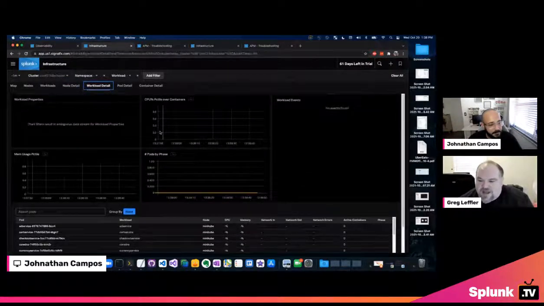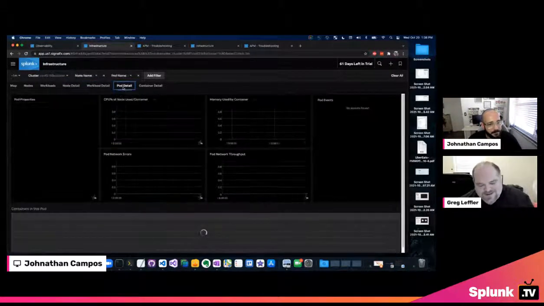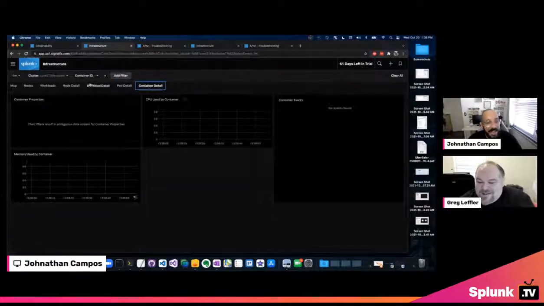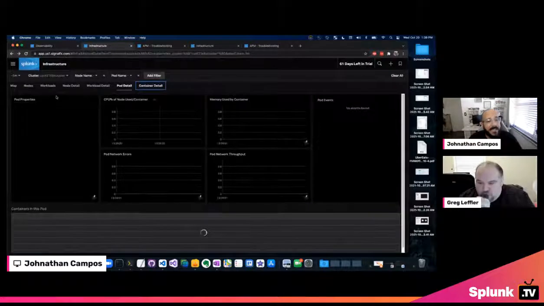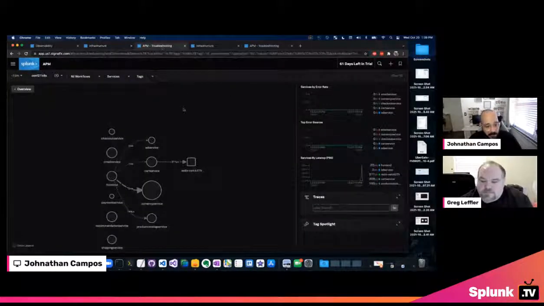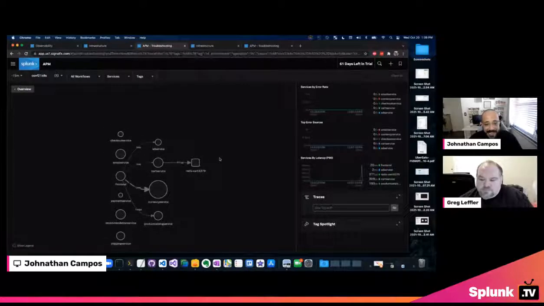If you're choosing to adopt it for hipster purposes, you really need a tool like this to understand what's going on. Absolutely. Let's take a look at this particular deployment a little deeper, talking about that hipster store. And this is our APM product. In Splunk APM, when I troubleshoot, I typically like to start with the dynamic service map.